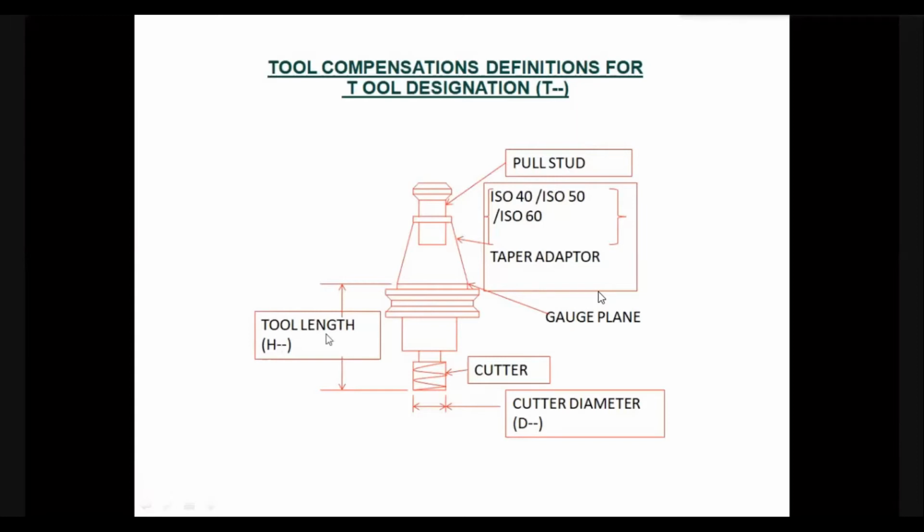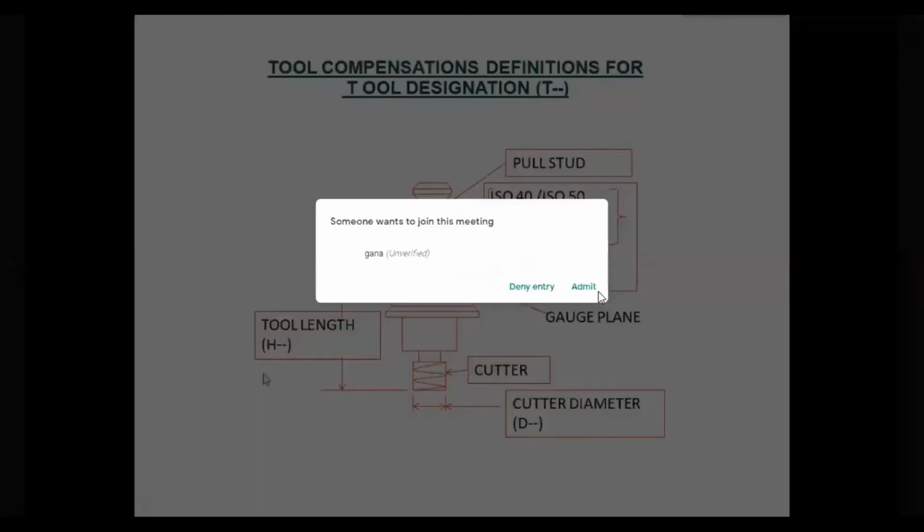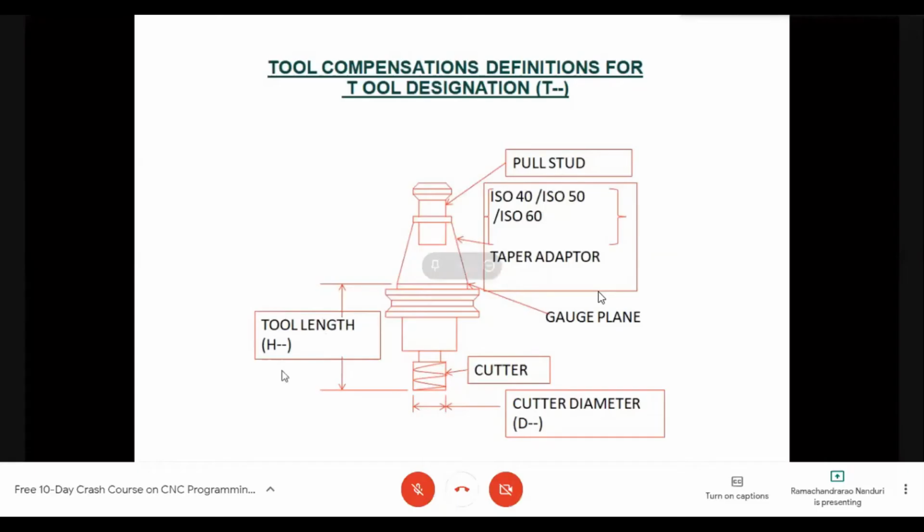And tool length in millimeters will be entered into the geometry H parameter. A tabular form of the tool also exists, which will be available in the machine. As soon as you mount the tool, the length of the tool from the gauge plane is entered into the H column against that particular tool.